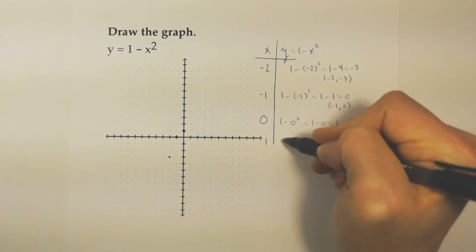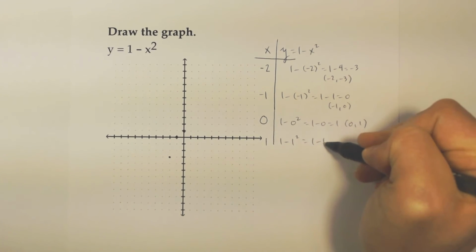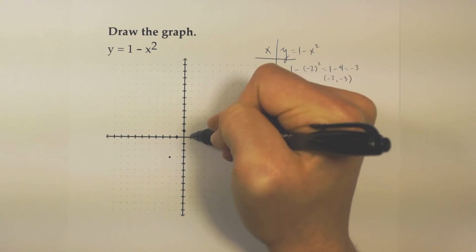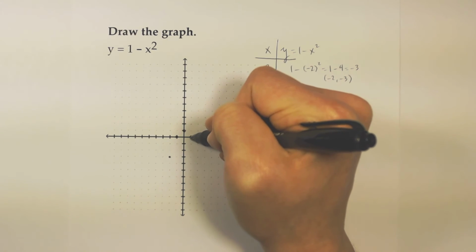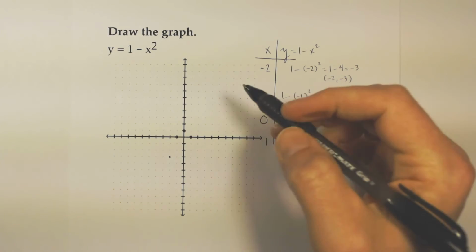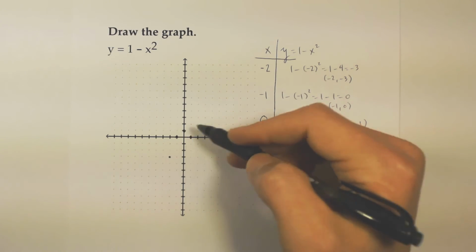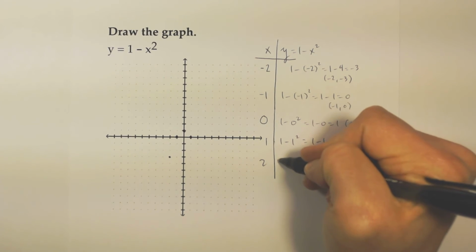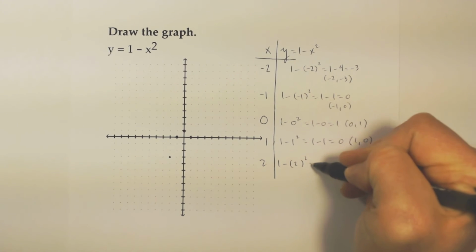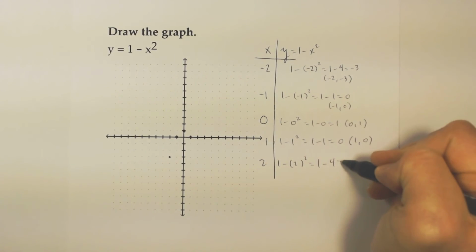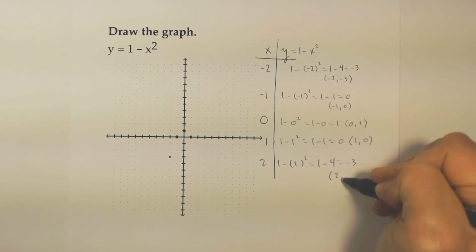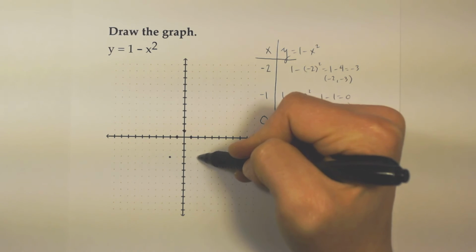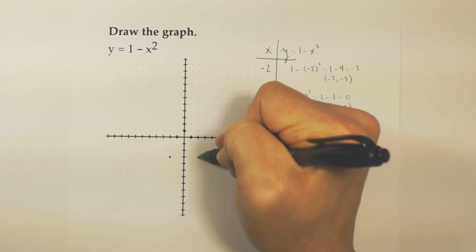Let's put in a +1. So we'll go 1 minus 1 squared. That's 1 minus 1. That's 0. We have another point there, 1 comma 0. So we'll go over 1, 0 vertically. And we can definitely tell this isn't a straight line. Let's do maybe one more point. So 1 minus 2 squared. So that's going to be 1 minus 4, which is -3. 2 comma -3. So we're going to go 1, 2 horizontally, 1, 2, 3 vertically, and we have another point